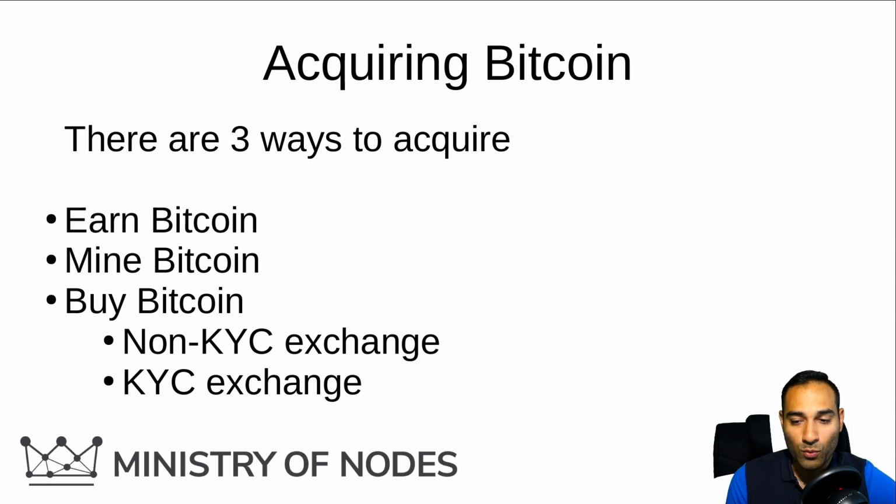Now, the other way to acquire Bitcoin is through a KYC exchange. Now, these are often just signing up on a website, a reputable exchange, and you are able to deposit your money in, your government issued money, and you're able to buy Bitcoin with it. Now, you will have to also provide KYC, which is basically just providing your government issued identity. Now, the risk with that is that when these companies take your identity information, they may not be able